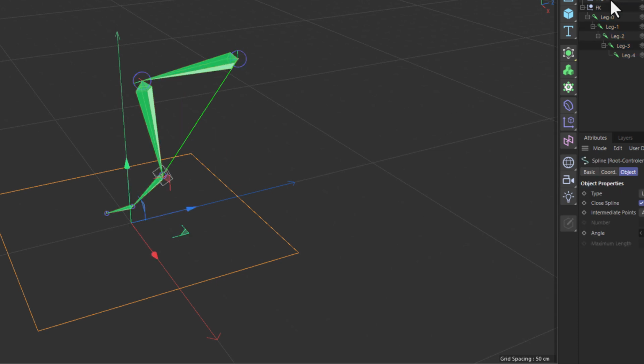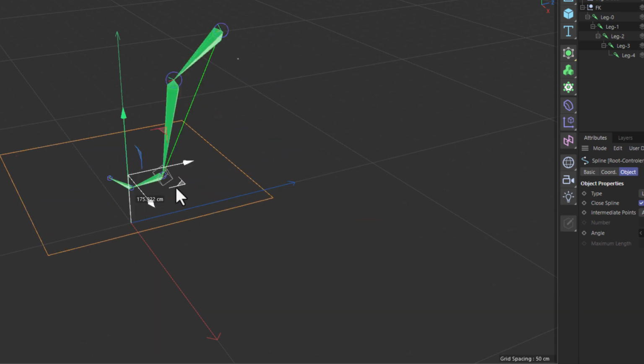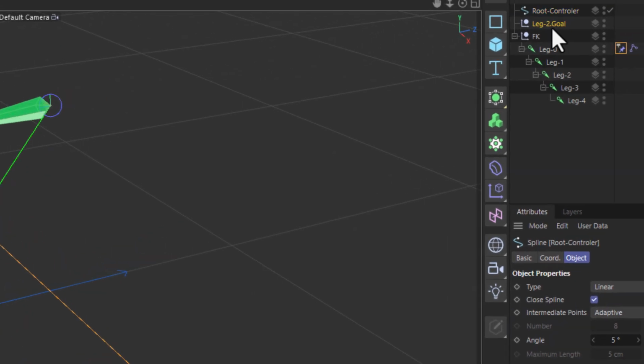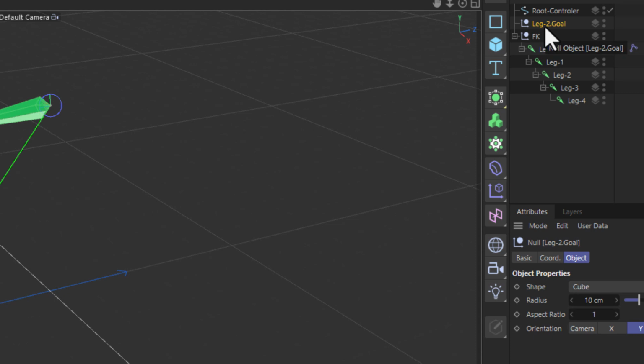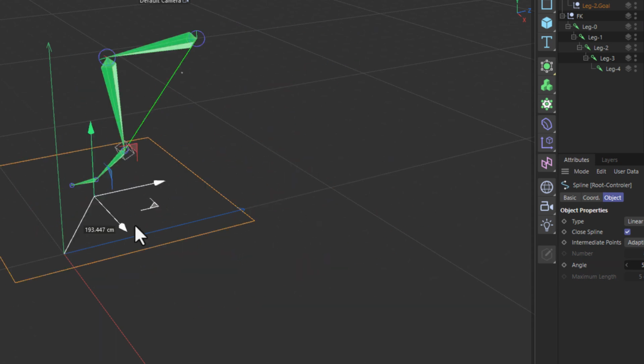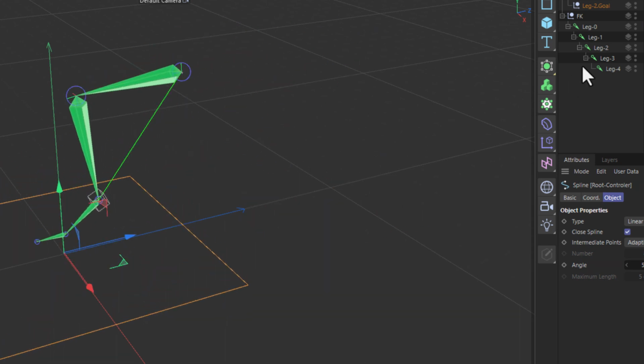This means that now we can grab that root controller and move it, and you can see here that the leg's moving along with it. Now you can obviously see that this IK goal here is not moving along, and this is because this is a separate controller away from the leg. You can see here that this is an IK controller. What we typically do in this particular case is we make sure that the controller is always under the main master or root controller, so that when we select this now and we move the root controller, everything comes along for the ride. This is kind of a good introduction to a hierarchy, the chain of events and how things are tied together,